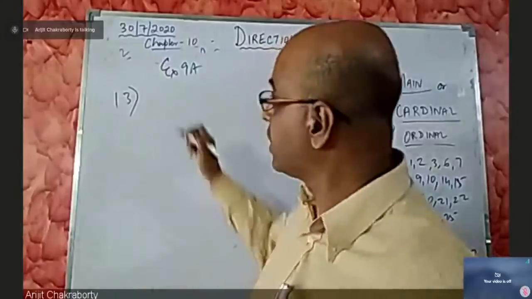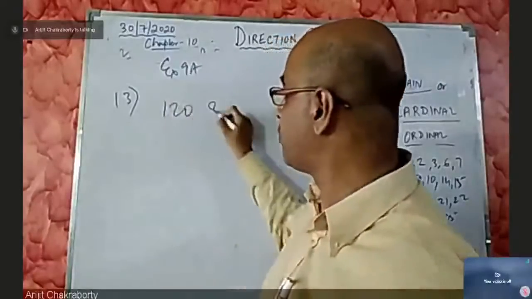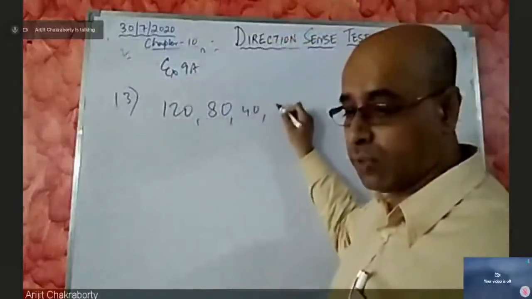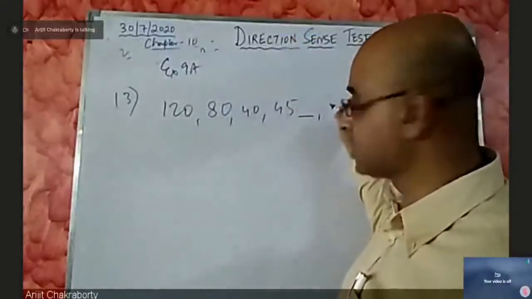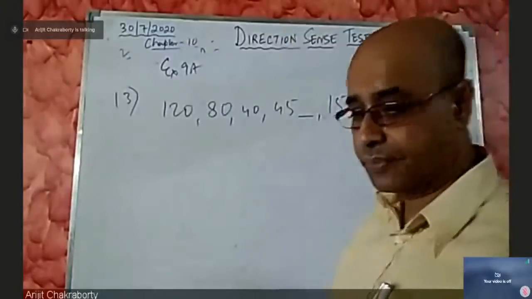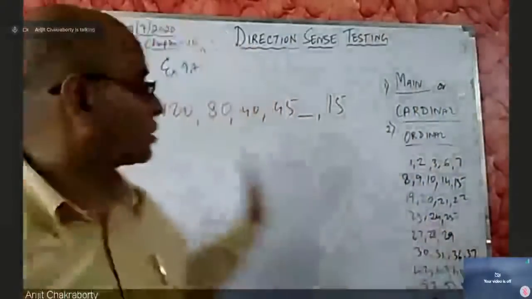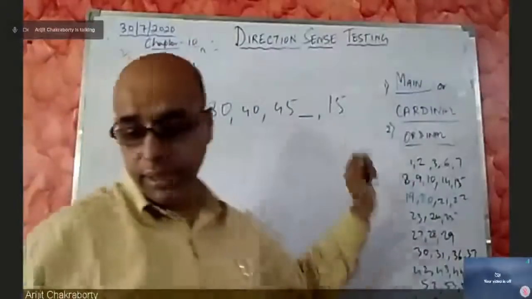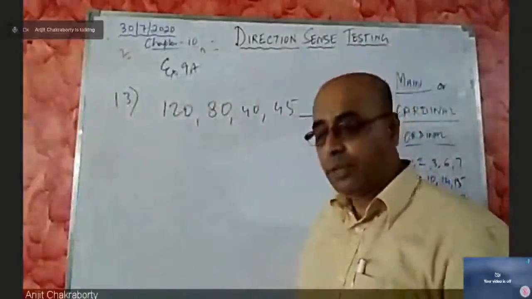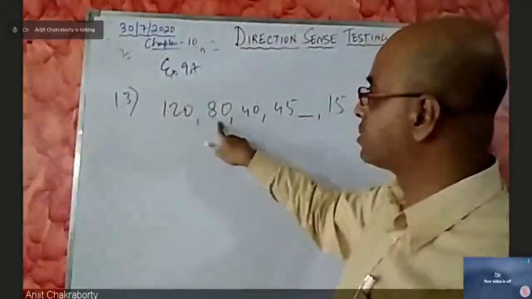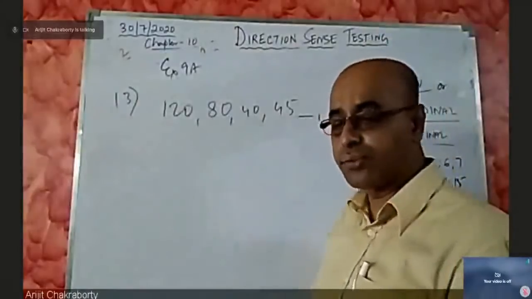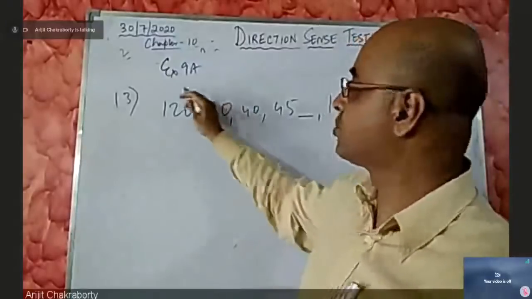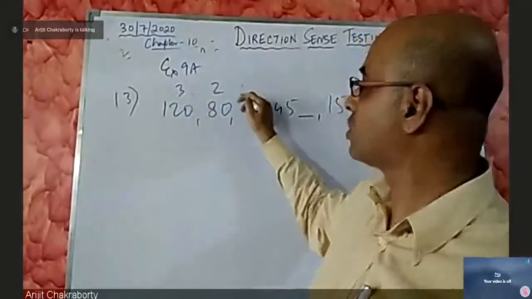Now the question, if I get it correct, is 120, then you have 80, then you have 40, then 45, then dash, and then there is 15. Right. So this is what I got. Right. 120, 80, 40, 45, dash, 15. Now, the question here is, you can see that it is reducing in the ratio of 3:2:1, and if you see 40 into 3, 40 into 2, 40 into 1,